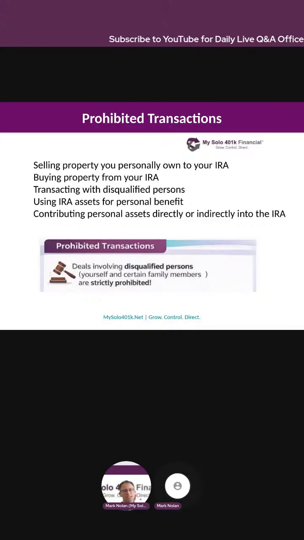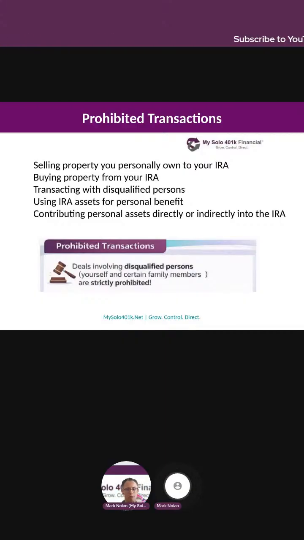So you cannot exchange personal assets with your IRA or solo 401k. Similarly, property owned by disqualified persons cannot be sold or transferred to the self-directed IRA or to a solo 401k plan. All investments must be purchased directly by the IRA or the self-directed solo 401k from unrelated third parties. You also cannot perform what's referred to as an indirect transaction or straw man transaction. So the rule of thumb is that you cannot do indirectly what you cannot do directly with the self-directed IRA